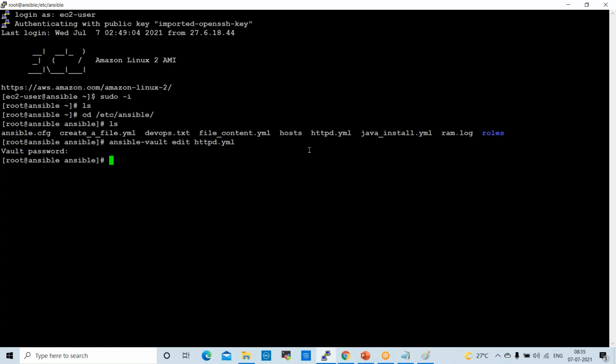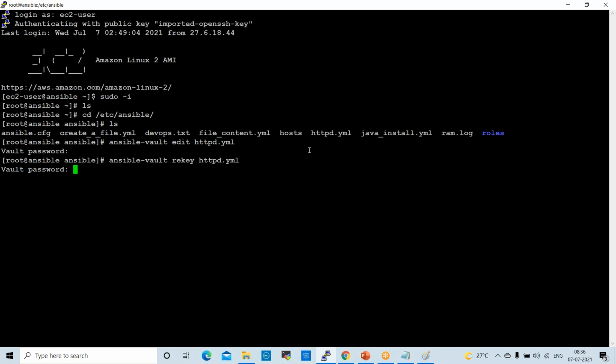Okay. And also, if you want to change the key, whatever password is created for the file, for example, the httpd file is there. For that, we gave some password. I want to change that, right? So ansible-vault rekey and the playbook name httpd.